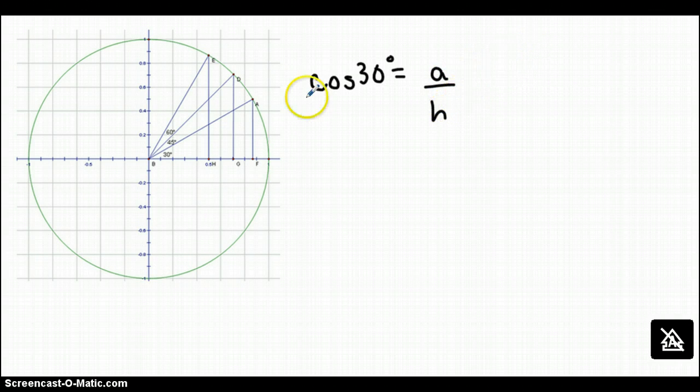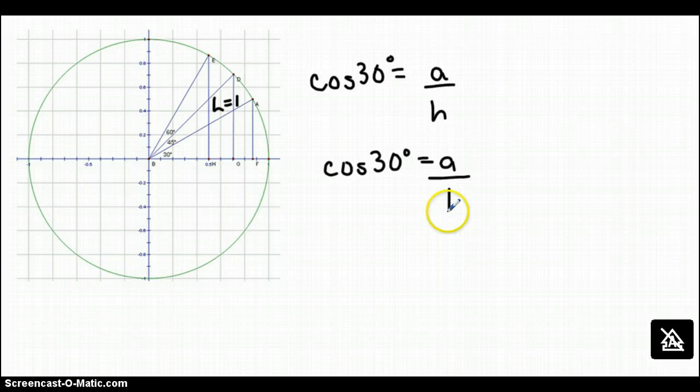Now again, we know that the hypotenuse, which is from the center of the circle right up to the side of the circle, is also your radius. And your radius is equal to 1. We don't know the adjacent, that's the x value, so that's what we're looking for. So cos of 30 equals the adjacent over 1, because my hypotenuse, or my radius, is equal to 1. So now a divided by 1 is just a,